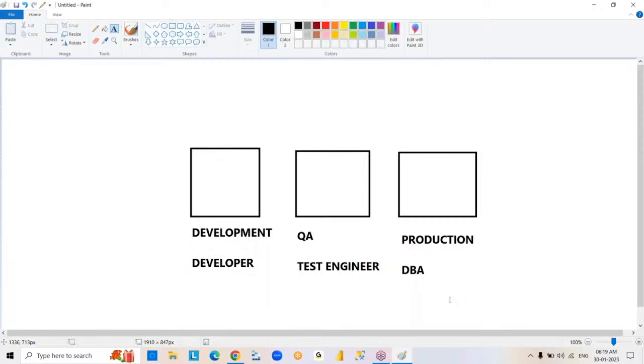We are going to work with different versions of SQL Server. Right? Okay, now